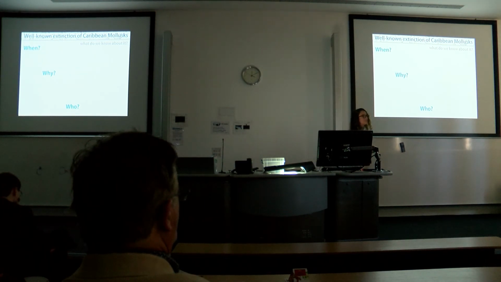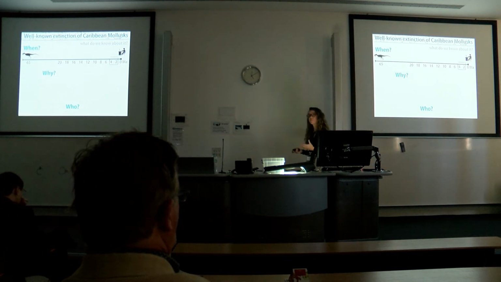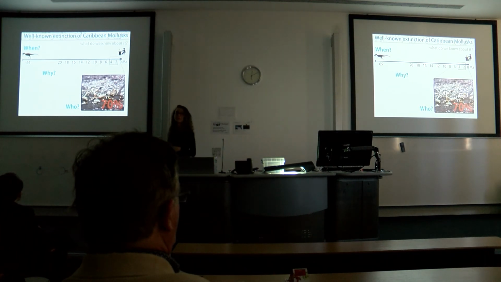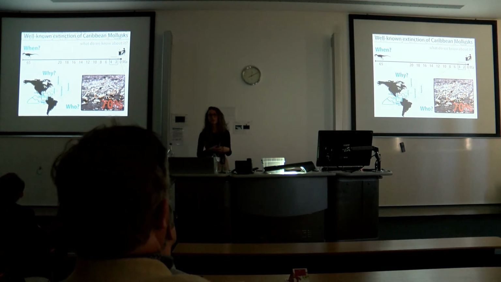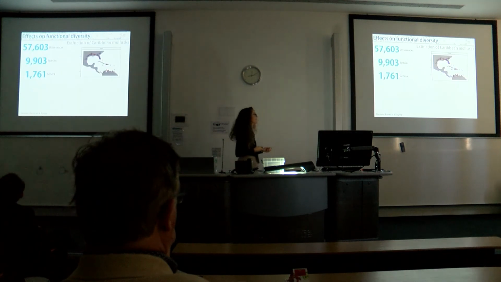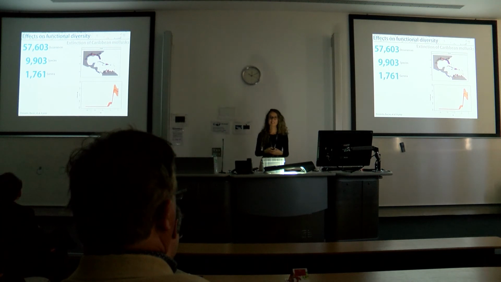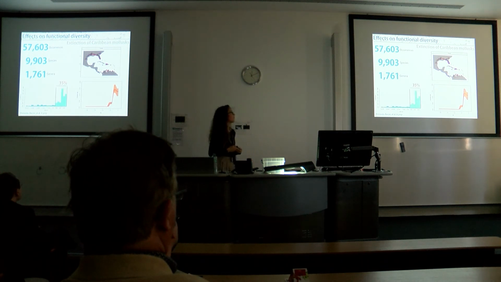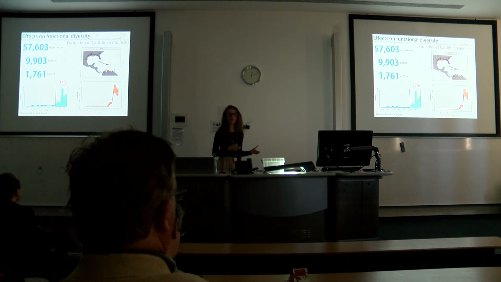This other extinction event I'm going to talk about is a well-known extinction event that occurred in the Caribbean. It happened around the Pliocene and Pleistocene as well. And it's been said that 70% of benthic species went extinct, or genera, sorry. And why? Because when the Isthmus of Panama formed, the oceanographic conditions of the Caribbean changed, and this caused this extinction. This is debatable now. So we gathered a huge data set of Caribbean mollusks, and we ran the analysis. Indeed, this extinction took place in the Pliocene-Pleistocene with our methods, and we found an extinction of 35%, only for mollusks. So it's very similar to what we found with the marine megafauna.